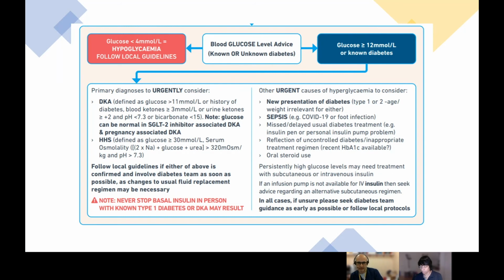In addition to which, recognize if your patient has type 1 diabetes, they'll be on lifelong insulin, and hence any individuals taking long-acting insulin should have this continued and never suspended, even if your patient goes on to an insulin infusion. It's also worth remembering individuals can have high glucose for different reasons beyond COVID, so ensuring you don't miss a new presentation of diabetes, for example, type 1 or type 2,